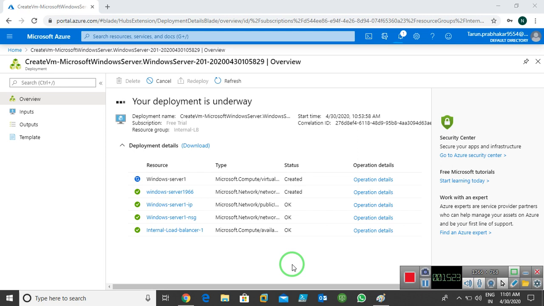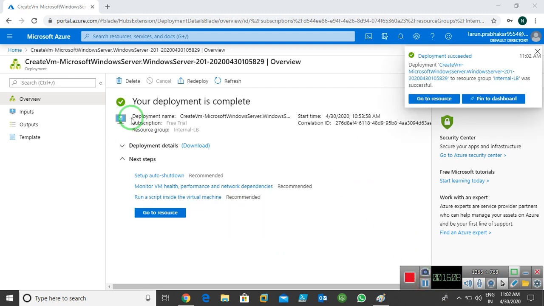And what is the update domain? The update domain is also a kind of logical group. When any VM is going to update, or when any VM needs maintenance, Azure automatically sends that VM to an update domain. It's a logical group. So your VM is automatically migrated to the update domain, and in that case you can maintain your VM, restart your VM, update your VM and all those things. I hope you're able to understand update domain and fault domain.